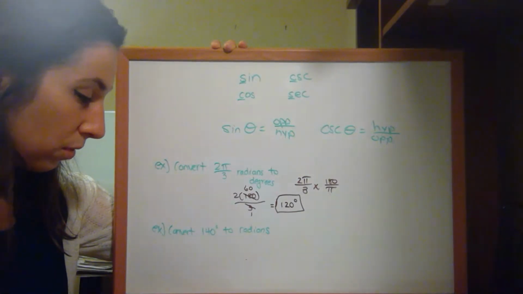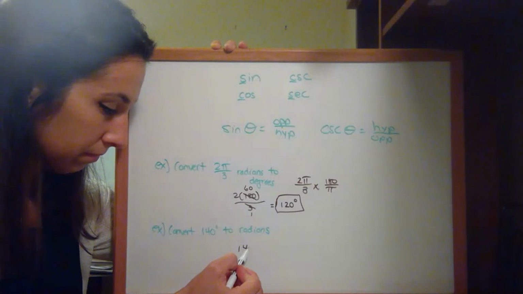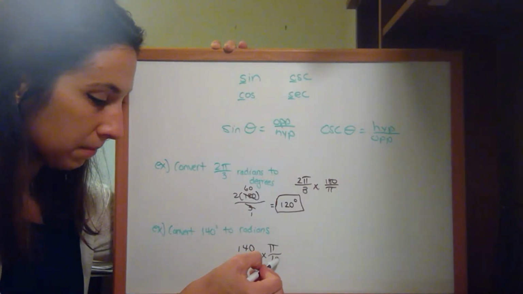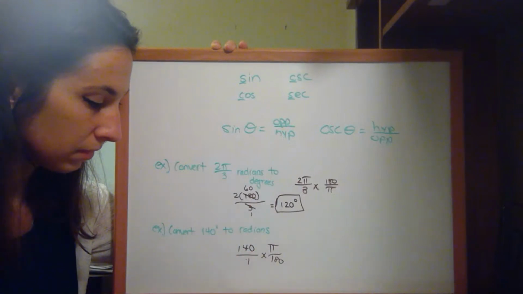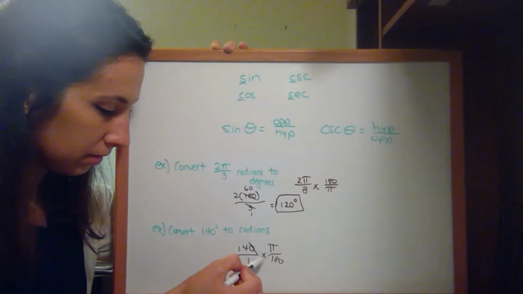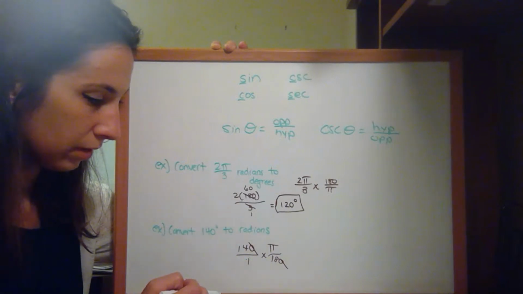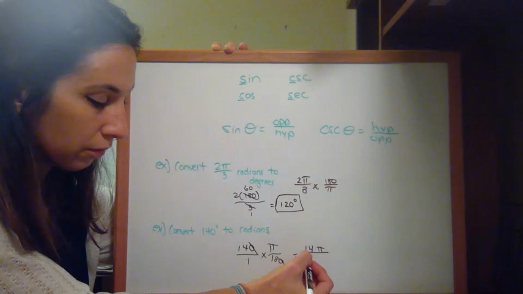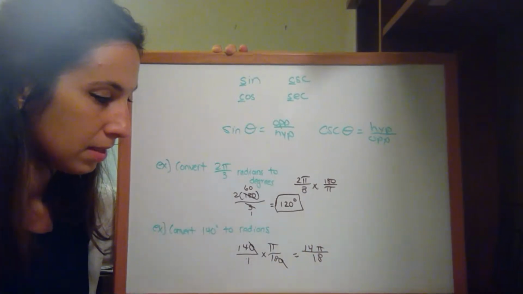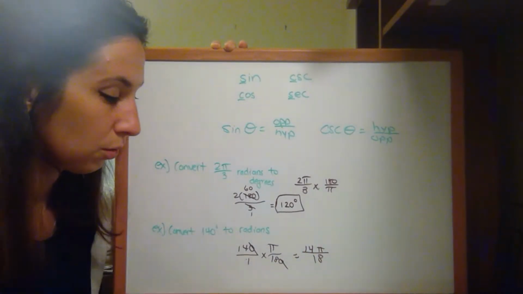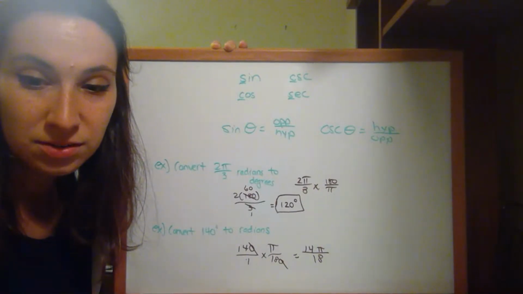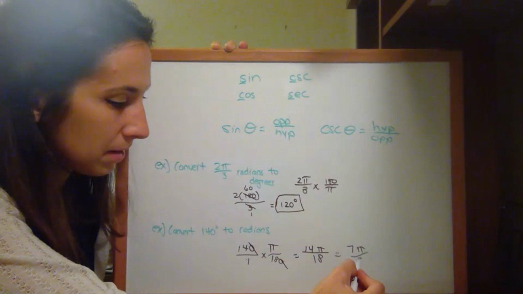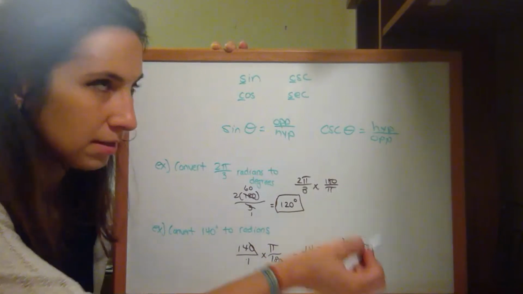And then converting 140 to radians, we were going to multiply by pi over 180. So you can knock out the zeros and you can get 14 over 18. So 14 pi over 18. And then don't forget to reduce. So yeah, 7 pi over 9. Good job. I love when I'm not by myself doing these problems. I mean, of course I'll do it, but